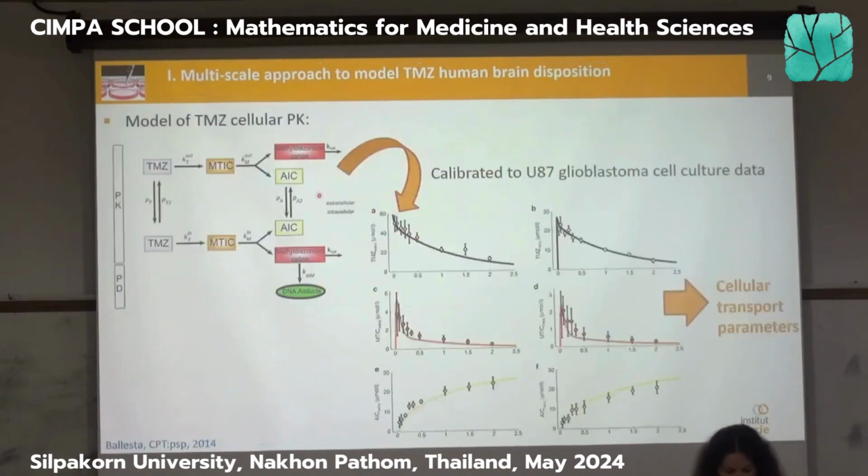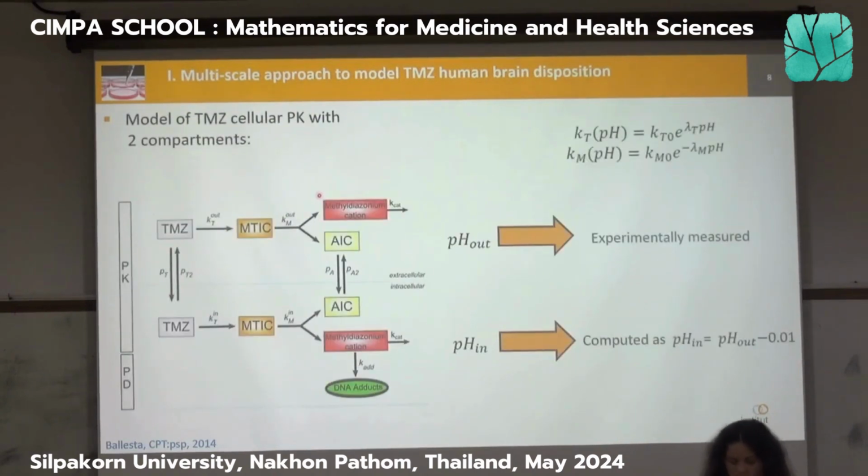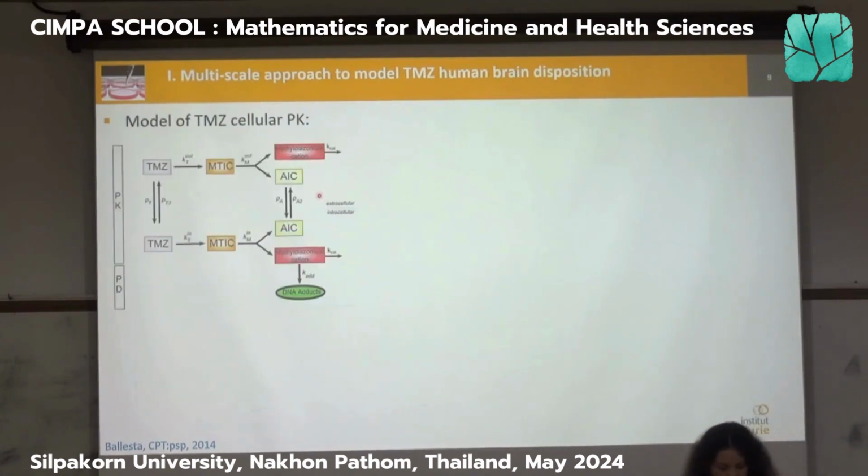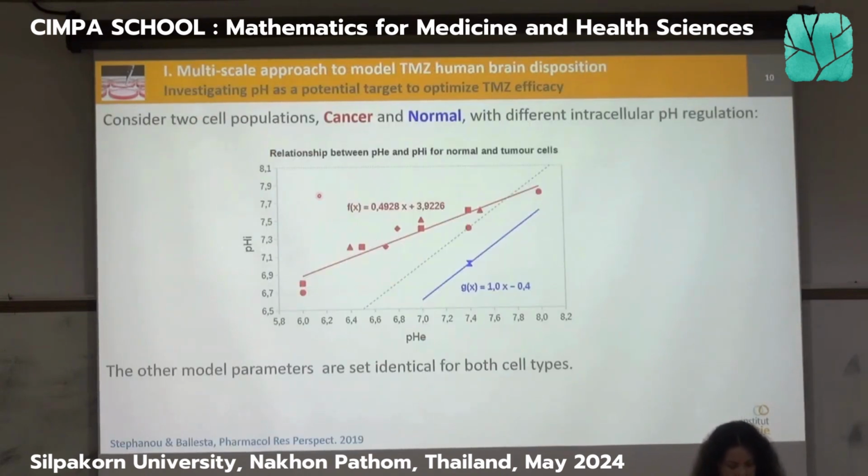So maybe if I just go back one slide or two. This relationship will be different for normal and cancer cells. And why have we chosen to do that? It's because we have been to the literature and we have collected all possible data that we found between extracellular pH here, that's also pH out, and intracellular pH here. So for any type, when you have a change in the shape of the pictogram, it means that it's a different cell type.